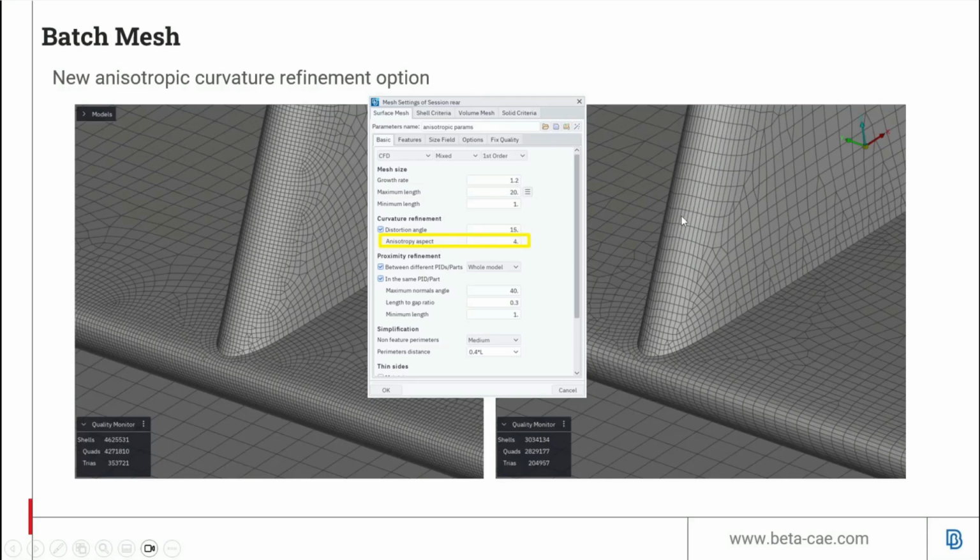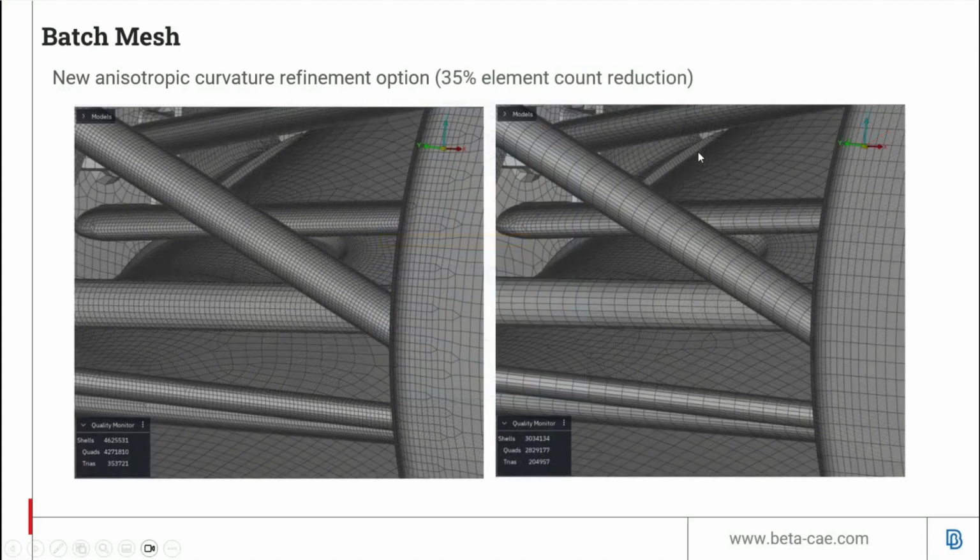This is very easy to use. There is no need for specification of size rules. It's just a setting of anisotropic aspect. And it's very useful because it can actually reduce the total element count while maintaining the same curvature resolution.